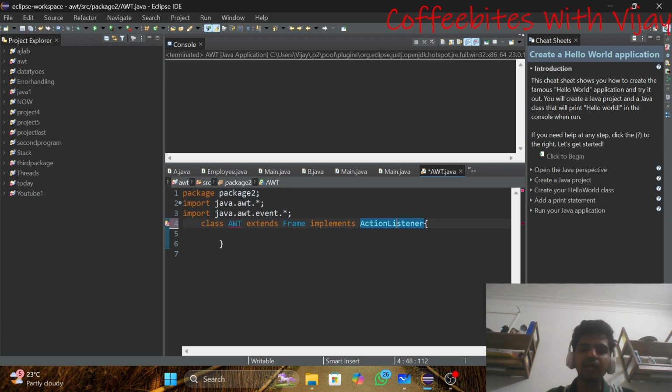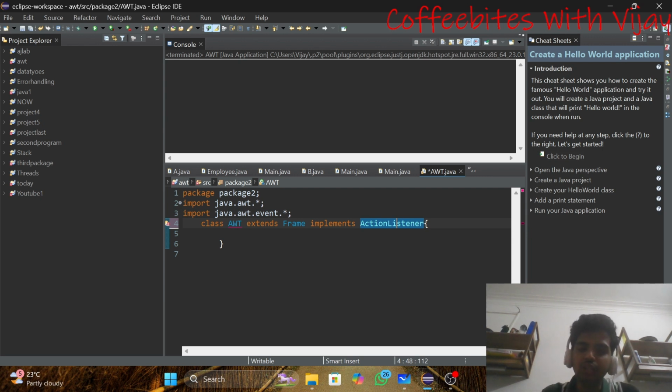Let's go back. Guys, you can see there is a red line displayed here in AWT. It is showing some error. Why is this happening? Because there is a rule: when we implement any interface inside any class, that class must give the definitions for all the methods present inside the interface.